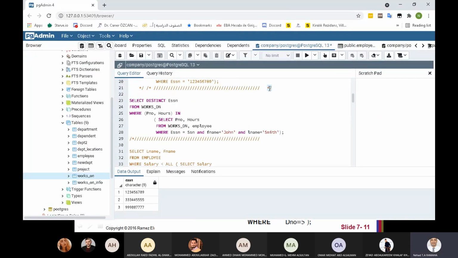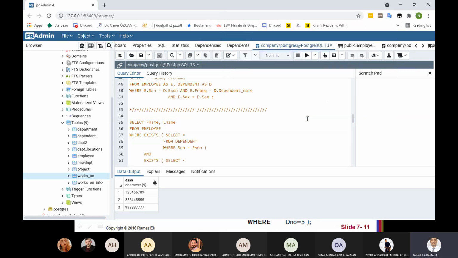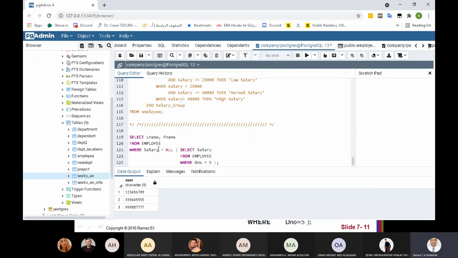Let me close this one and we can write a new query. Let me copy this. I need employee last name, first name from employee where his salary is more than any other employee, of course, except himself.